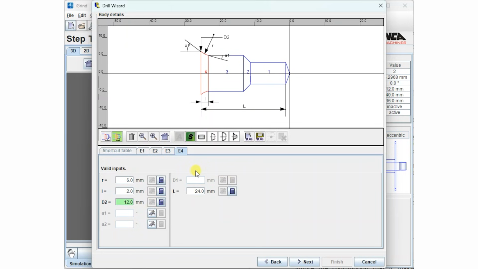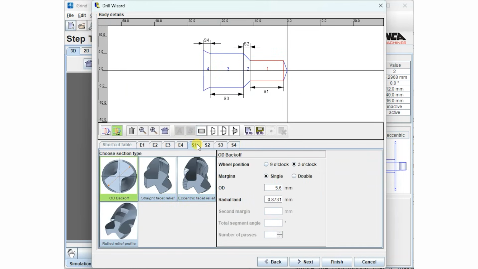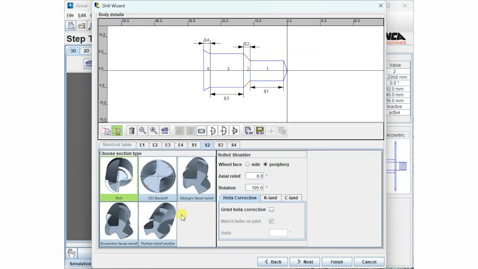Once we're happy with the dimensions of our elements, we select sections, and for each section we can choose the relief type. So we can choose from rolled relief, OD back off, facet relief, eccentric relief, and rolled profile relief.